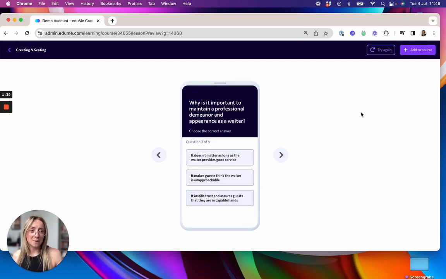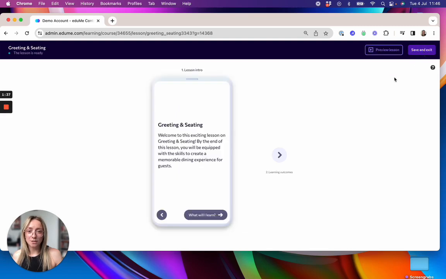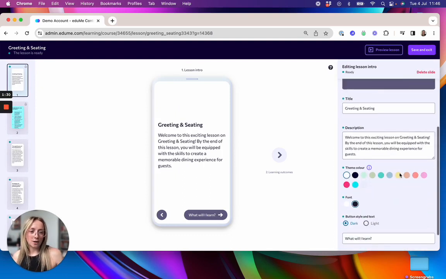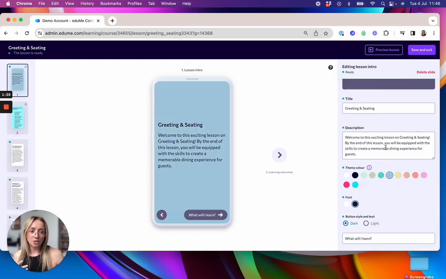Cool. So now if I'm happy with that, I'm going to click Add to Course. And now we're taken through to the lesson editor, and this is where we make it our own. You can change the colors, make it more in line with your own branding. We can change the wording of things if we want to tweak that slightly, including things like formatting, like making